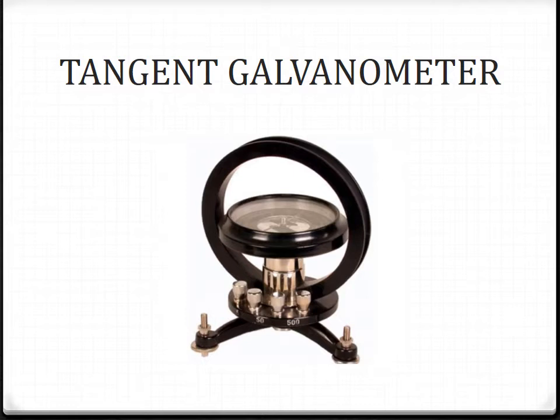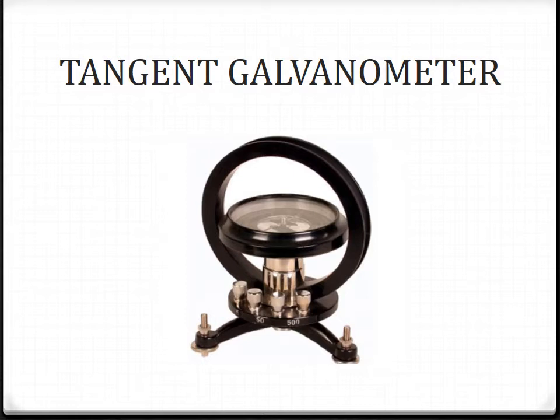Now what is the tangent law? When a magnetic needle or a magnet is freely suspended in two mutually perpendicular uniform magnetic fields, it will come to rest in the direction of the resultant of the two fields. Let B be the magnetic field that is produced by passing current through the coil of the tangent galvanometer, and BH be the horizontal component of Earth's magnetic field. Under the action of the two magnetic fields, the needle comes to rest making angle theta. So, B equal to BH tan theta.